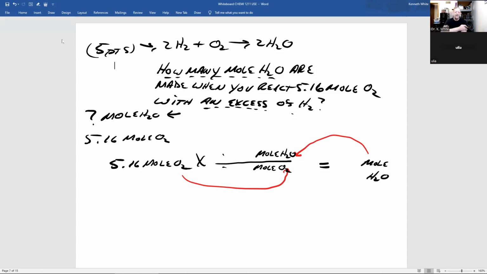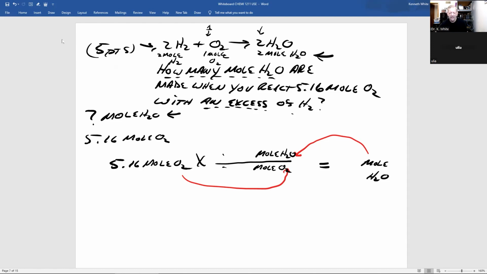And where do I find a relationship for this problem between moles of oxygen and moles of water? We look at the balanced chemical equation. Look at the coefficients. This tells me 2 moles of hydrogen gas react when there's no coefficient, it's the number 1, 1 mole of oxygen gas to make 2 moles of water. So if I look here,